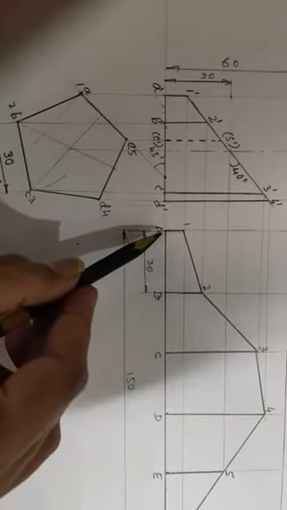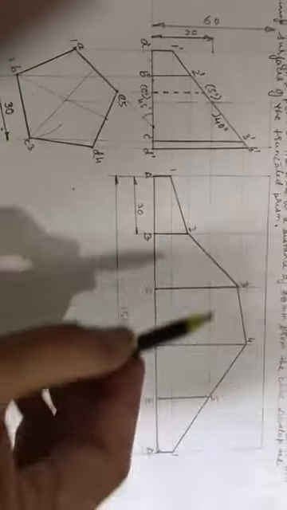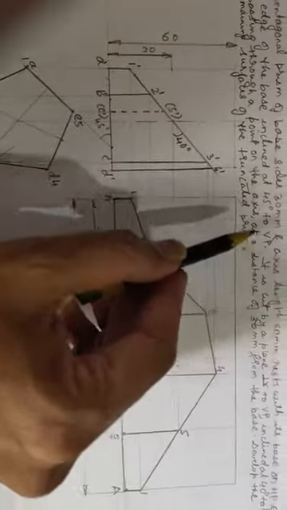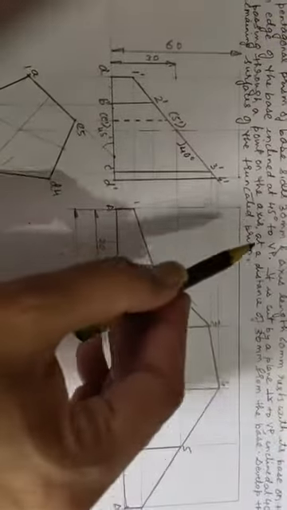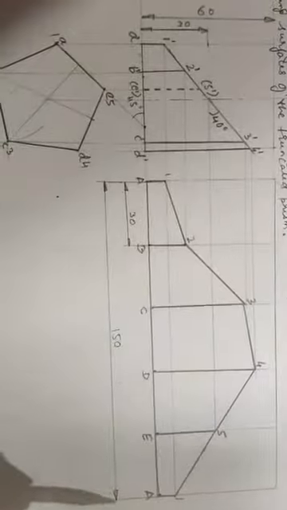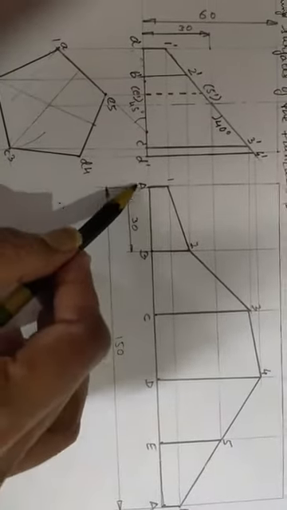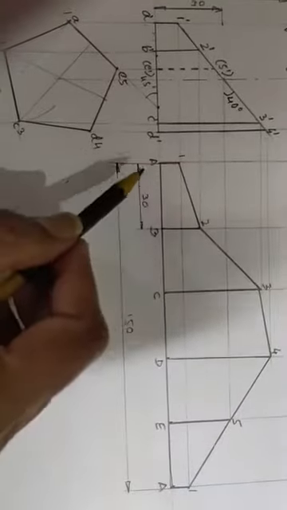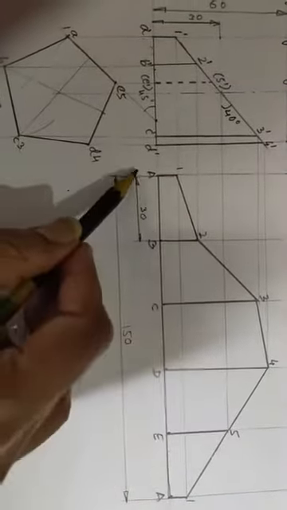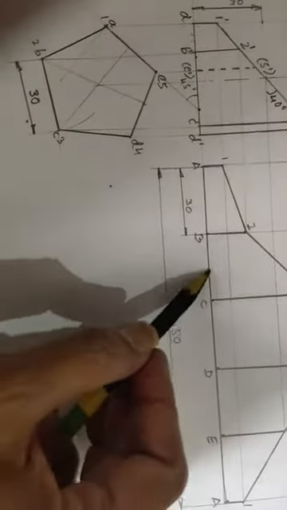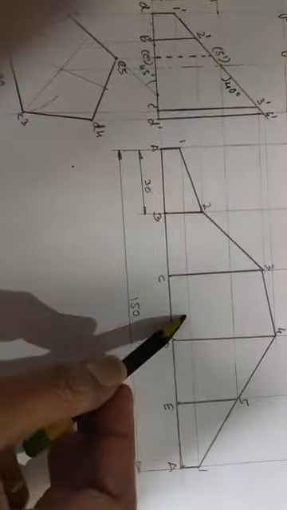So you draw the uncut part, only the outer parts. Just see this. Height is 60 mm. You take it from the front view. You project the front view over here. At the appropriate place, you start the figure. Draw 150 mm total length and divide this 150 mm into 30 mm each. So after A, I get B at 30 mm, then C at again 30 mm, D again at 30 mm,